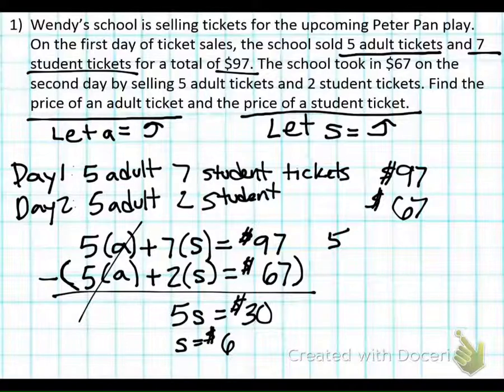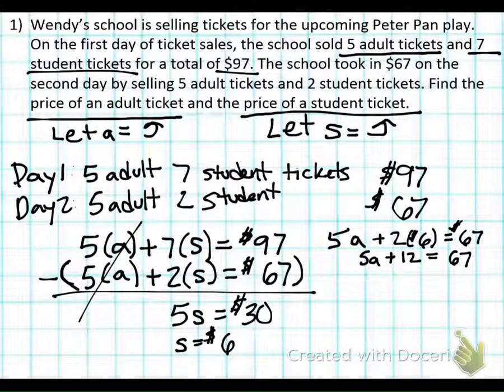So 5A plus 2 times $6 for S equals $67. Multiplying that, I get 12. So this is 5A plus 12 equals 67. Subtracting 12, I get 5A equals 55. So A equals $11. And you always want to go back to your variables, make sure that your answer is